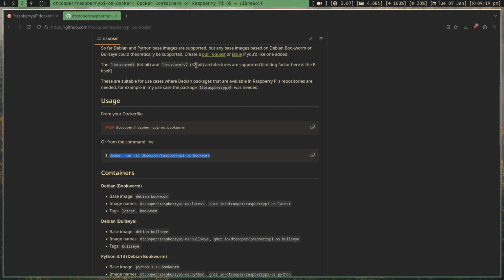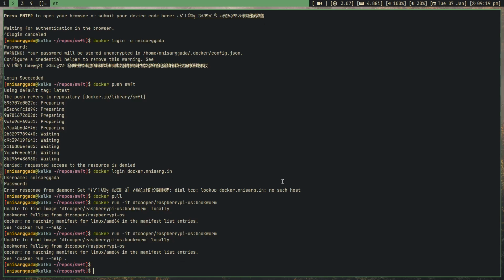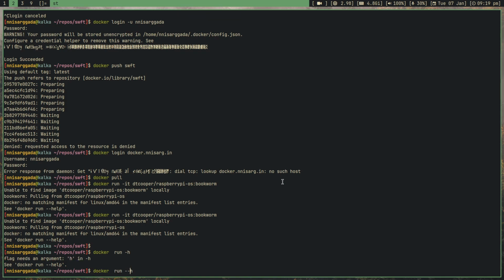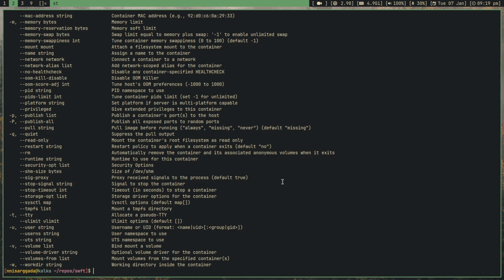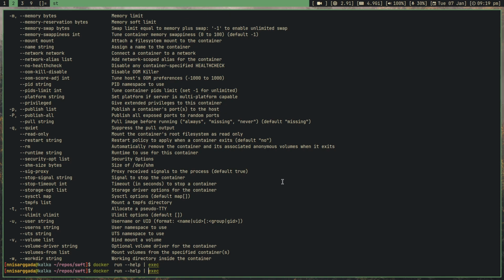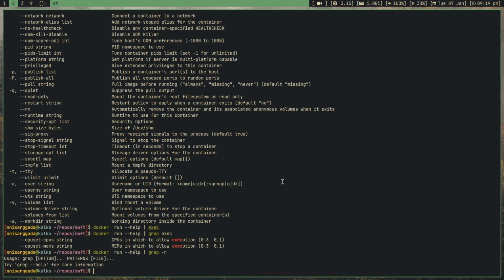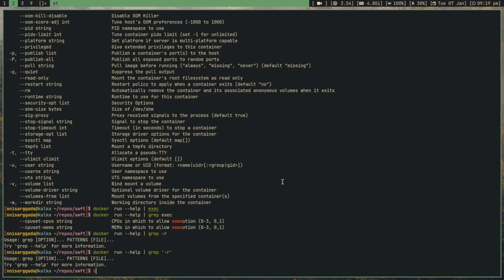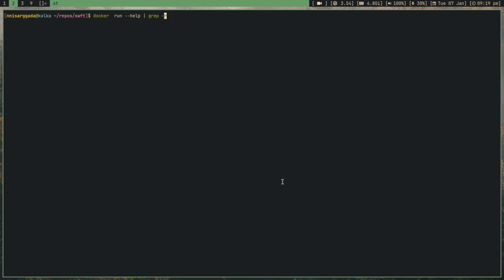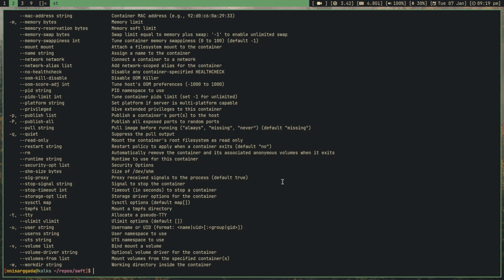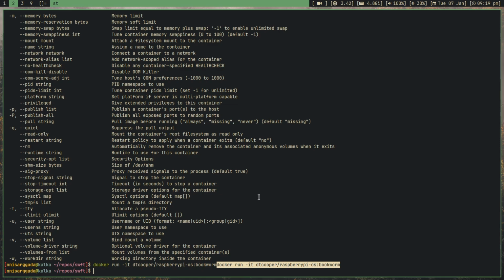Or I can use something like Ubuntu also. Wait, I can just do. So if you do Docker run and then dash help, and exec, nope. Grep exec, nope. I think you're looking for Debian. Not really Debian. I was looking for Raspberry Pi OS, but it's okay. I'll just use Ubuntu. But yeah, you can run commands inside a container